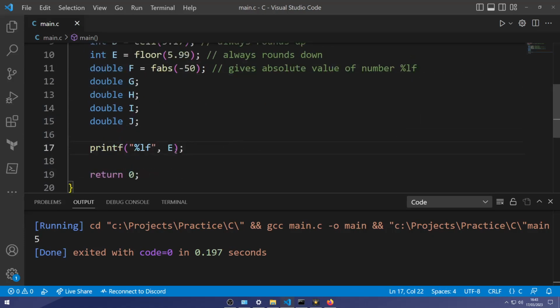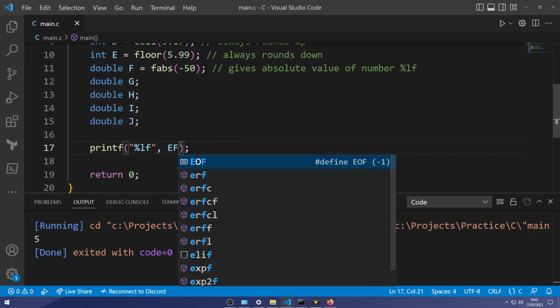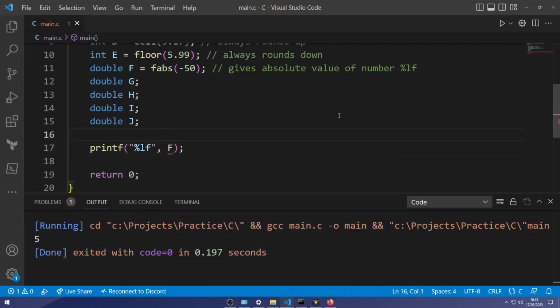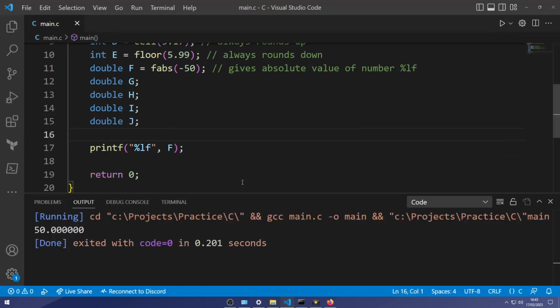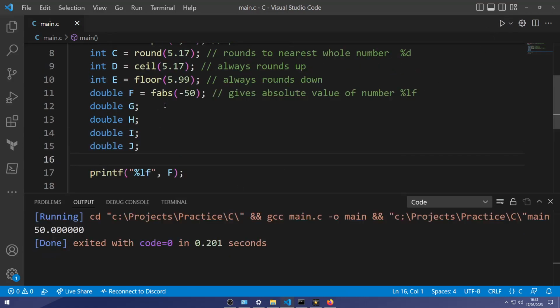And instead of an E, we'll call F, because that's what our fabs variable is called. And for -50, our absolute number is 50.